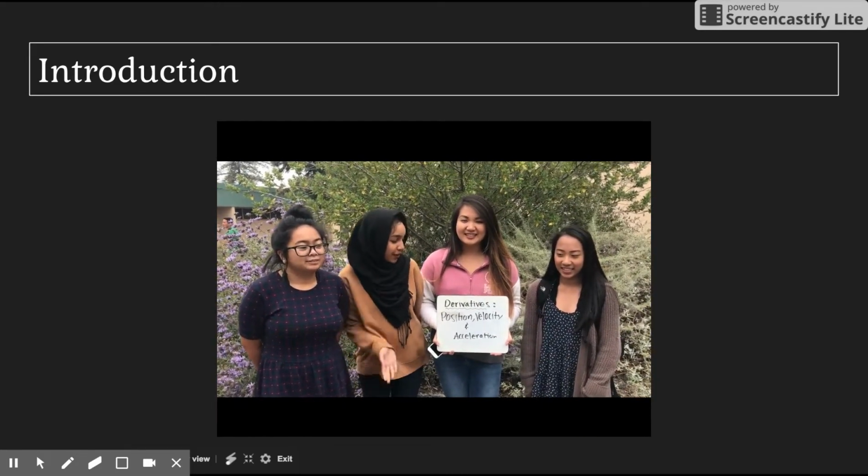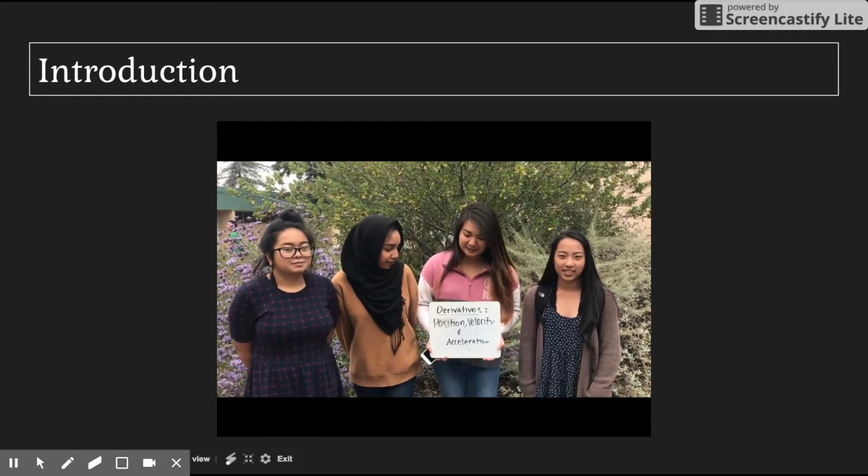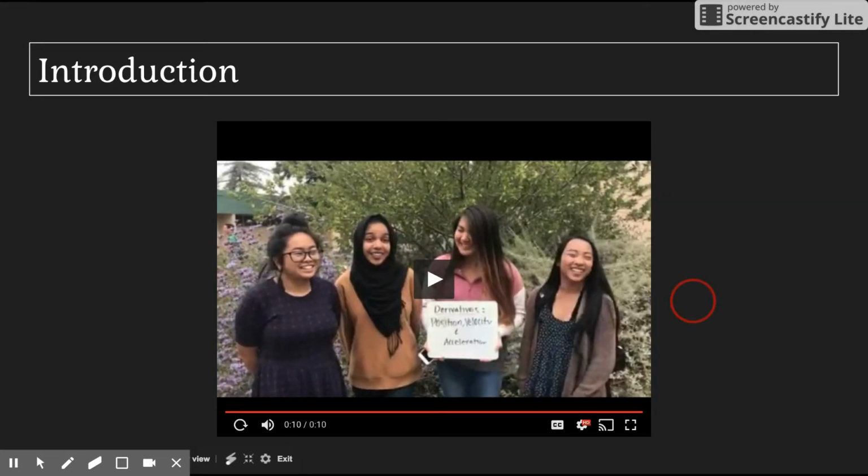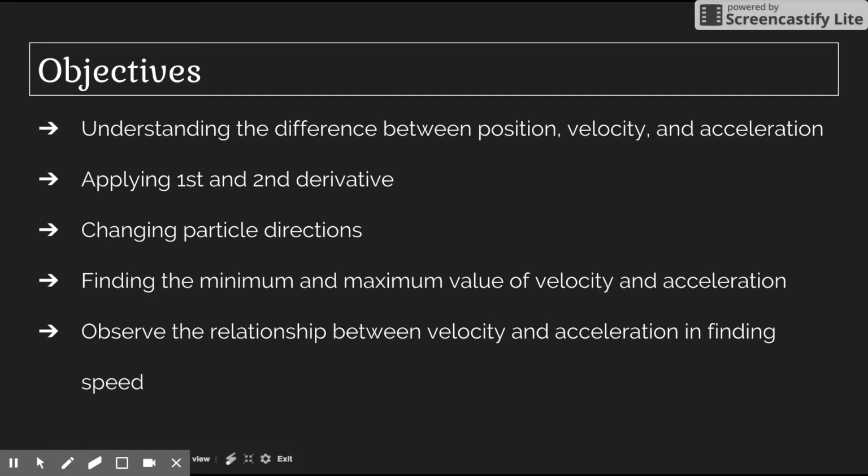And our product is derivatives, velocity, position, and acceleration. Hey calculus buddies! Today we are going to try to incorporate derivatives and other subjects. You may not know this, but position, velocity, and acceleration are all actually connected together. How? Derivatives. Prepare to be mind-blown by how helpful this will be for your physics class and even your calculus